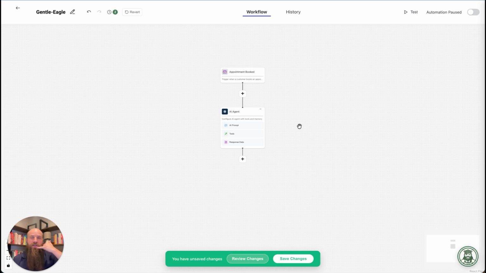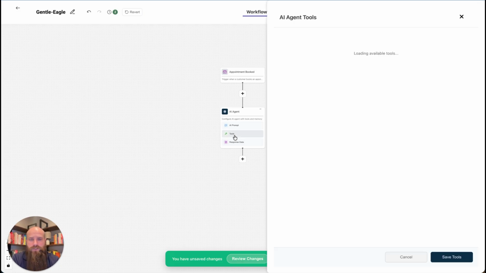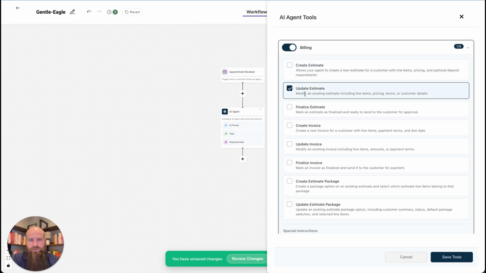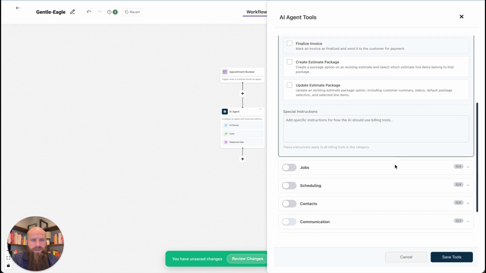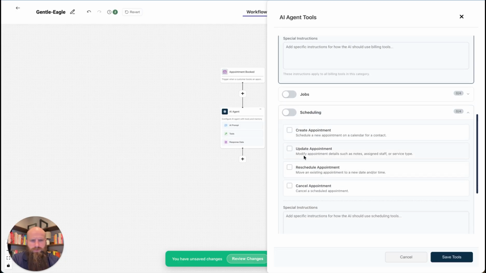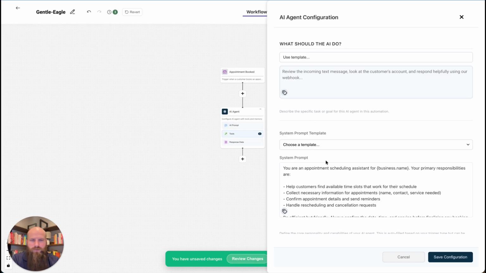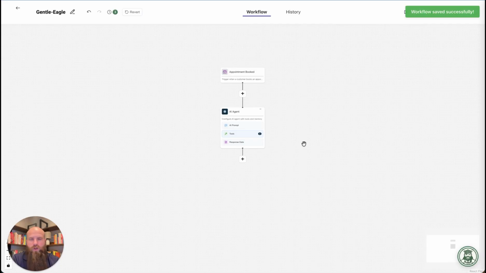I'm on the phone talking to that customer. I take those notes. All that gets automatically added to the estimate first time. I go into tools, and I can say, okay, I want them to be able to go into, okay, maybe not all of billing, but I want them to be able to update an estimate on this one. And then I want them to be able to update an appointment as well, if needed. And then I can go in and describe exactly what I would want to happen on the system prompt and in the data here, so that that AI agent will automatically update that estimate for me,